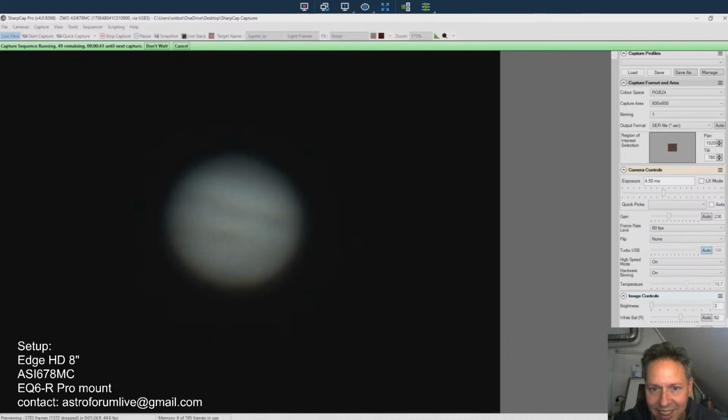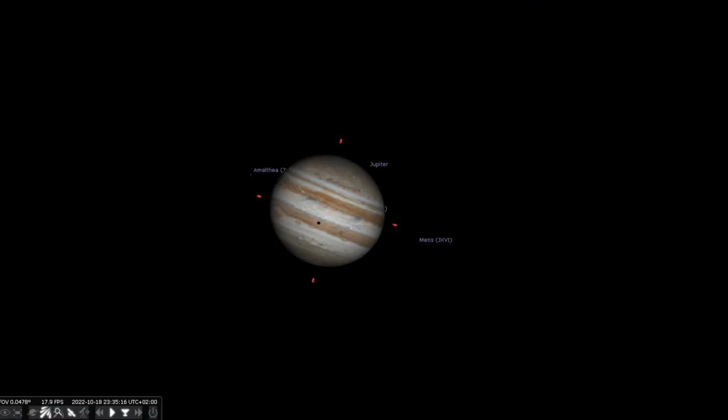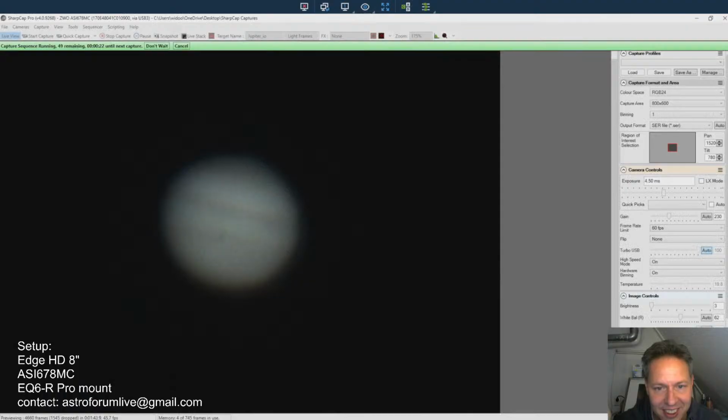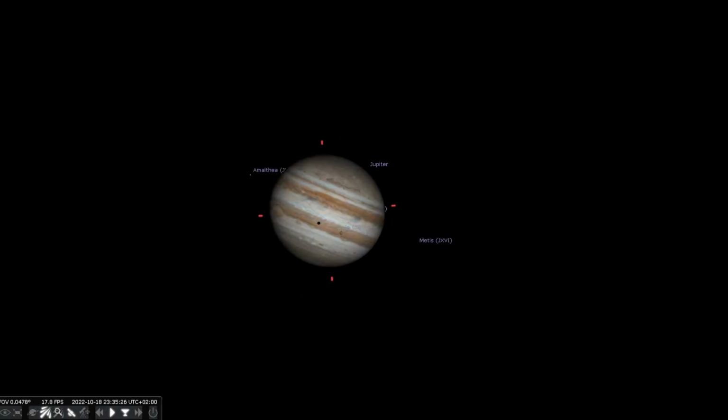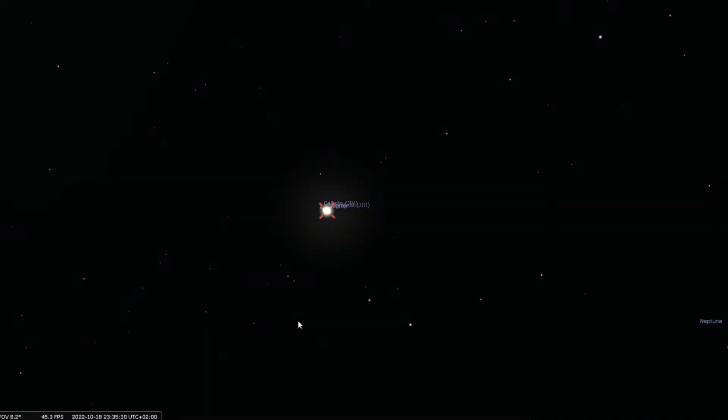And right now we're looking at Jupiter. So can we see that red spot already? It should be here. Oh, I didn't show you Stellarium, sorry. I have to check what I'm actually showing you. So here should be the red spot. This is the shadow, but I don't really see the red spot if I'm honest. Not yet. And what I wanted to show you is this, like, did I show you,